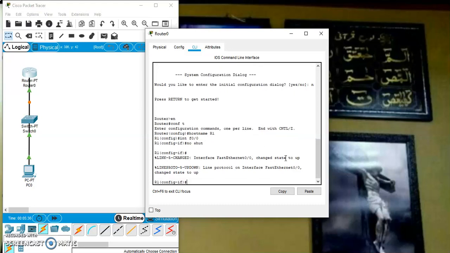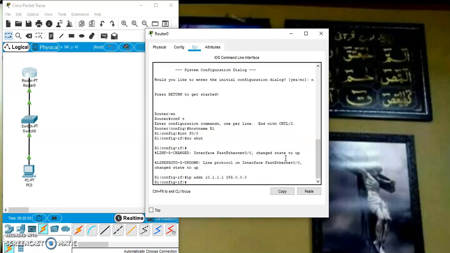So for that we are supposed to write ip space addr, fine, and let the IP address of the router be 10.1.1.1, and the subnet mask for the same will be 255.0.0.0, right? So we have set the IP address.